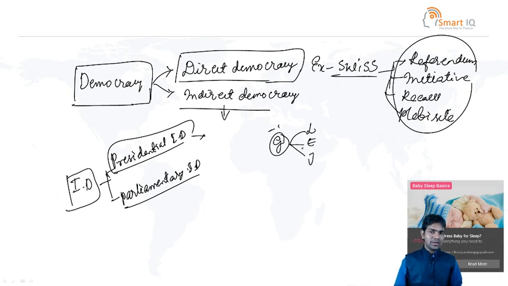The government has three main organs: the legislature, the executive and the judiciary. What is the importance of the legislative? The legislative's main work is making laws for the country or the state. What is the work of the executive? The executive implements the laws made by the legislators. The judiciary checks and interprets the Constitution of India and checks the laws made by the legislative. That is the main work of the judiciary.